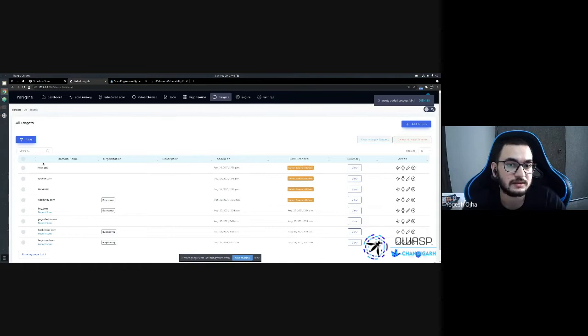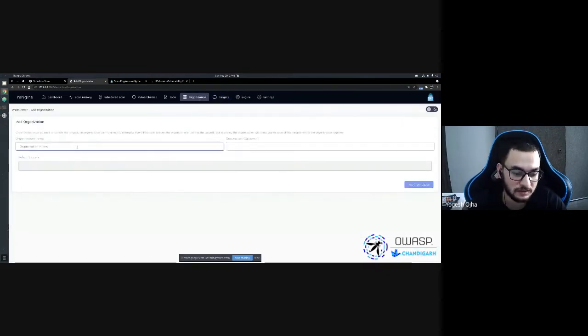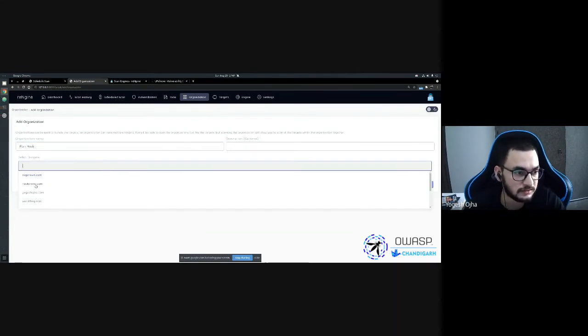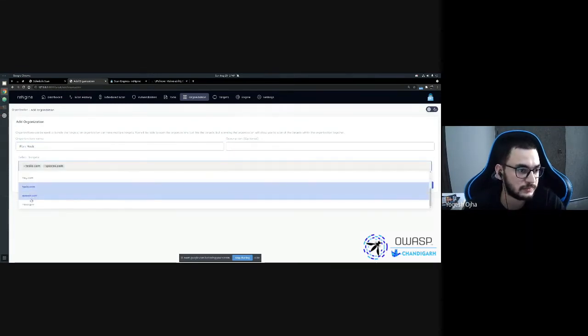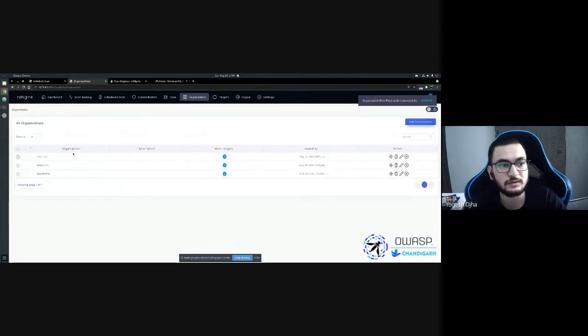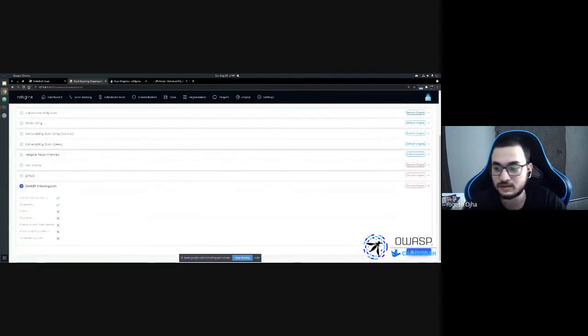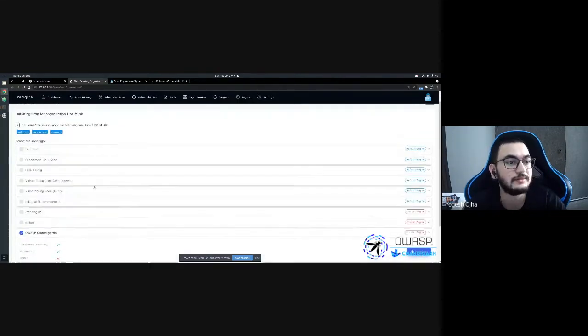Now these, as I said, if you want to tag them to an organization, it's very simple. Let's just say bug bounty is our organization. Let's just say Elon Musk is our organization, and then let's define all the targets that belong to this, your Tesla, your SpaceX, and nasa.gov, right? So let's click on here, add organization. Now, when you click on this Elon Musk as an organization and click on OWASP Chandigarh and click on start scan, it's going to scan for the entire